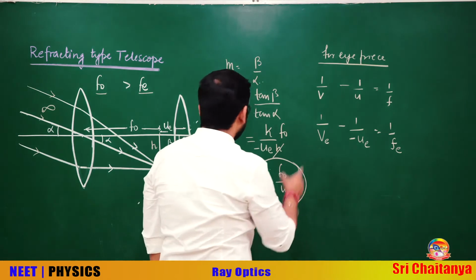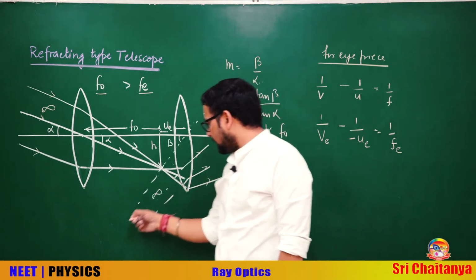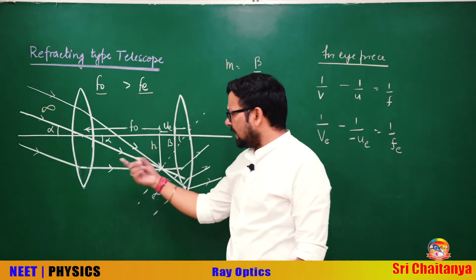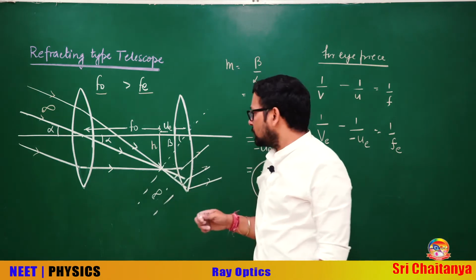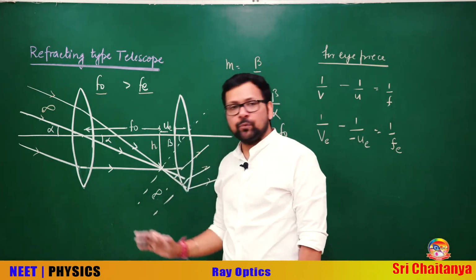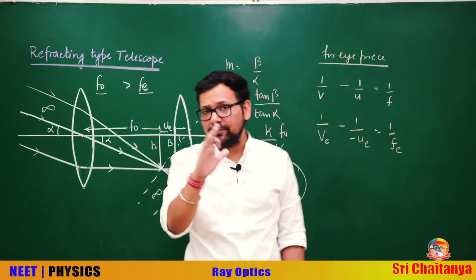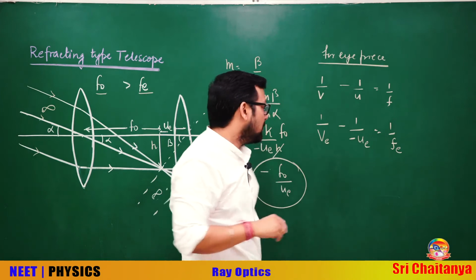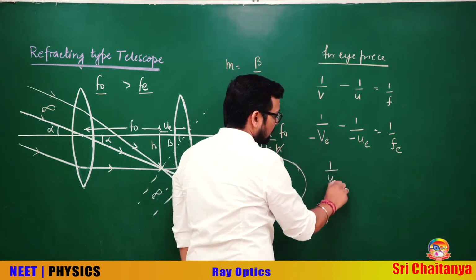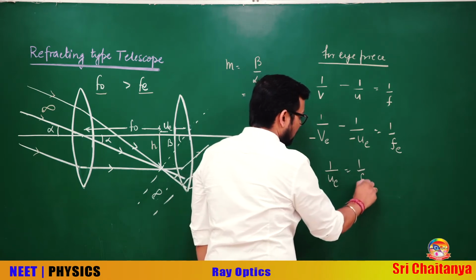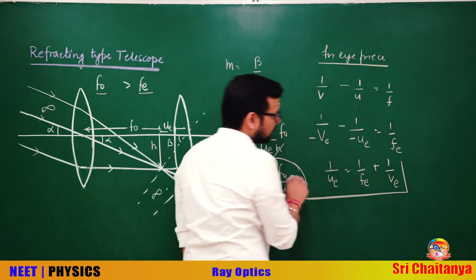Also, V you can see, V here. These rays will converge either at infinity or at a finite distance to form what? To form the image. Can you see the object and the image both are on the same side of the eyepiece? So, obviously the sign convention will also be the same. UE we are taking negative, so this is also negative. So, 1 by UE is 1 by Fe plus 1 by VE. Okay.